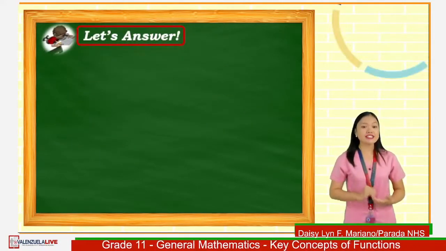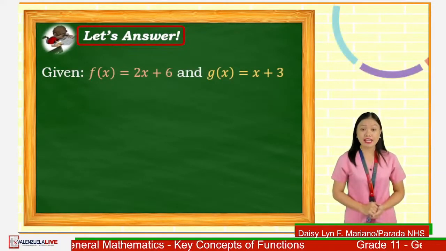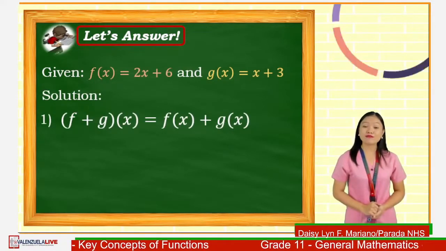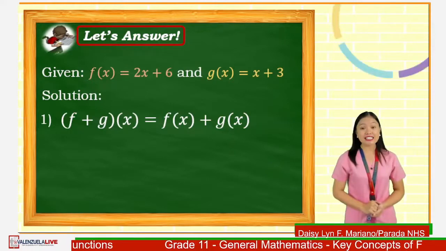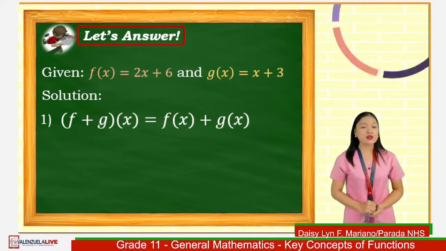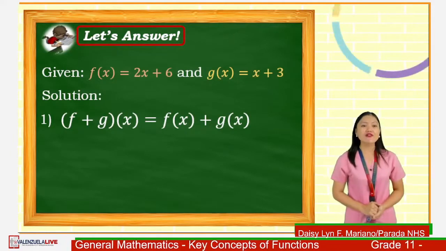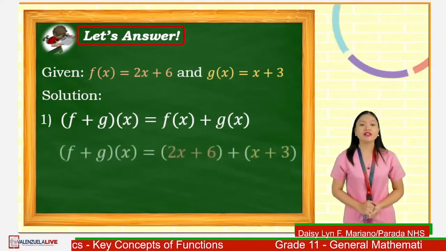Given that f of x is equal to 2x plus 6 and g of x is equal to x plus 3, the solution for number 1 is as follows. The sum of two functions is written as f plus g of x, which is the same as f of x plus g of x. Substitute the given functions, we have